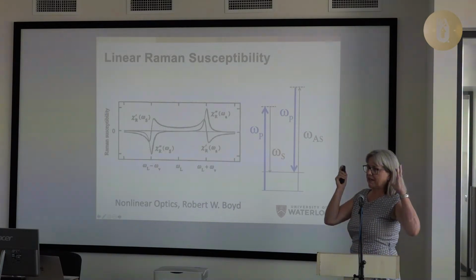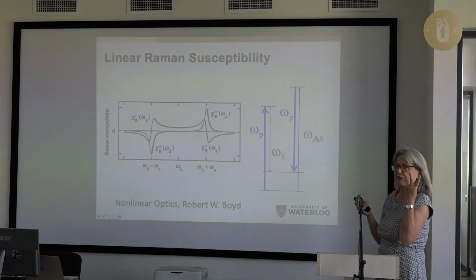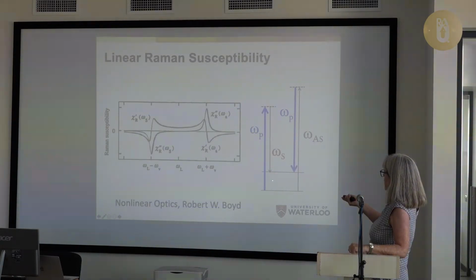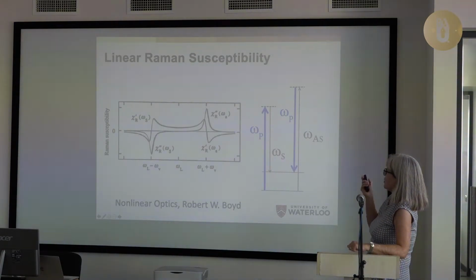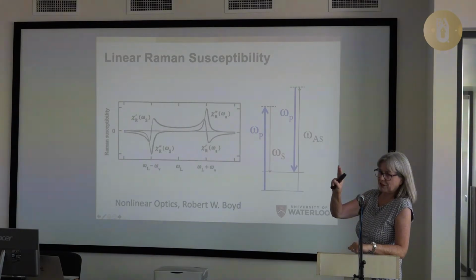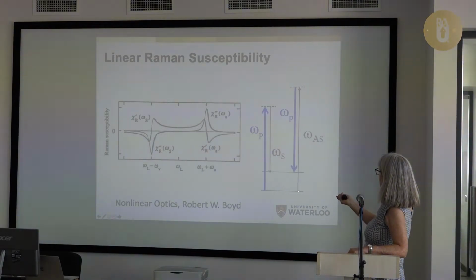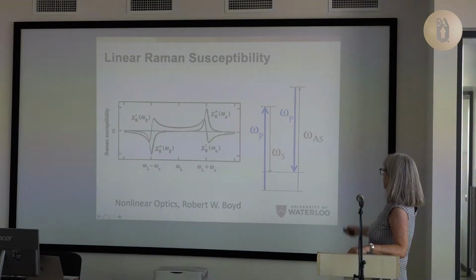So then, of course, I had to remind myself, what does one see in Raman? Because we're doing Raman, we're not doing one photon, we're doing two photon, our resonance. And so our resonance is because we have a pump and a Stokes driving this resonance. But we can also have the anti-Stokes and producing the pump. So linear Raman only has one input, not the two. So the input is this blue. And if you start at the ground, you would see the Stokes. And if you start here, with this pump, you could see it go the other way around, I suppose, but if you start with the lowest level, you're going to have anti-Stokes absorbed, and the Stokes and the pump made.